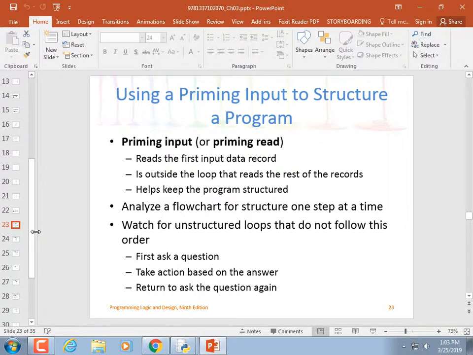So, there's such a thing as a priming read. And we've talked about that before. But when you're asking for data and you're going to allow them to exit, logically, there are different ways of handling that. The textbooks all show this. The scripting textbook actually shows the alternate way of doing it.